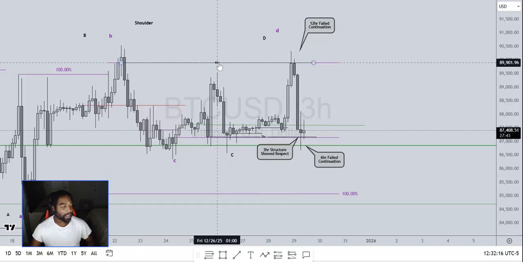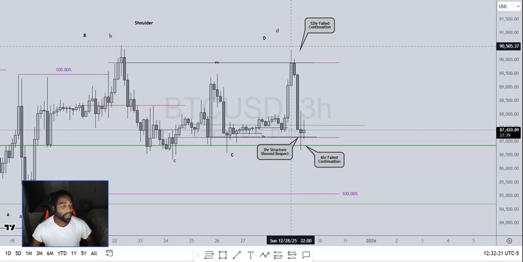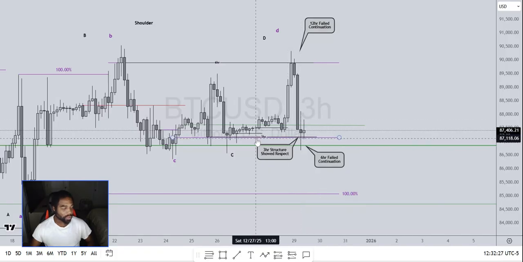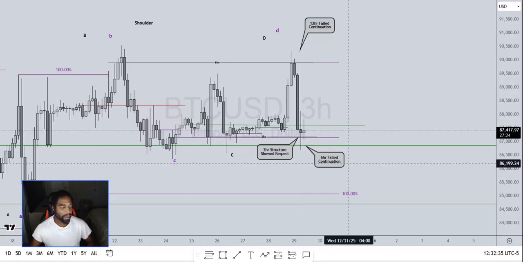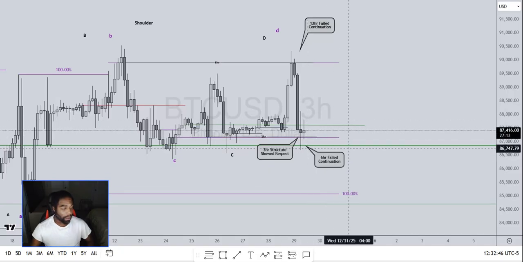Even though we got the 6 hour continuation, came into this, we got that 12 hour failed continuation, which dropped down. But when we drop down here, price has come into the structure of this 3 hour time frame and showed respect, creating and printing this doji here, or the small light candle, right? Showing respect to this 3 hour structure, which then we can anticipate price to push higher,